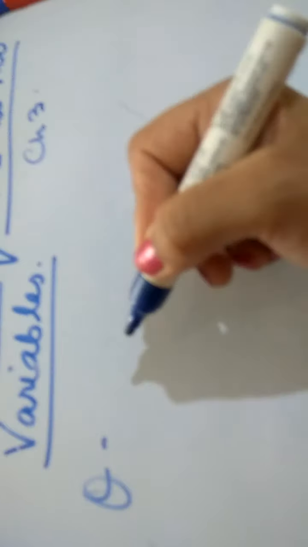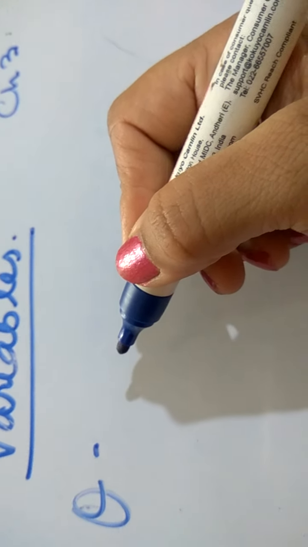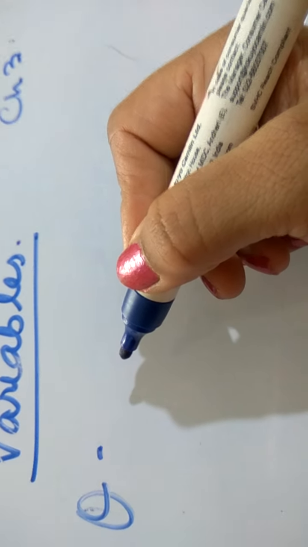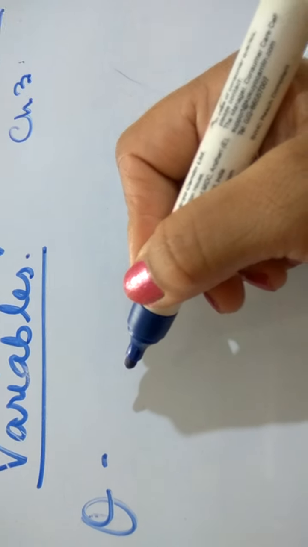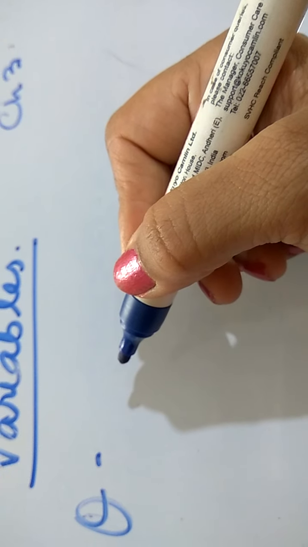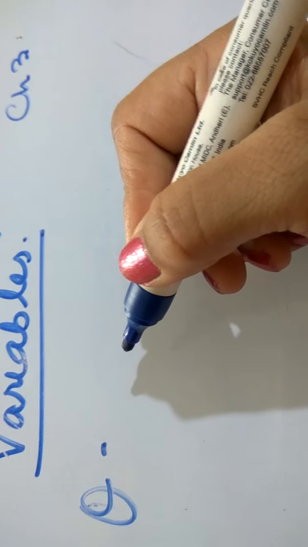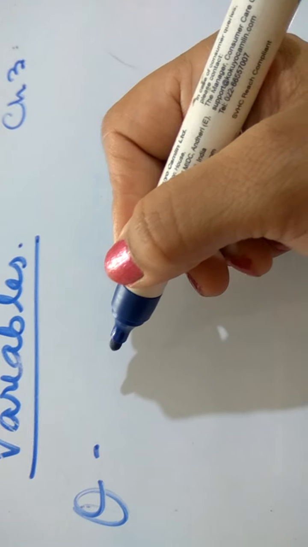So I am taking up one question. In this question, a total of 10 students are taking part in a mathematics quiz, and the number of girls is 4 more than the number of boys. We have to represent this situation algebraically, and then we have to solve it graphically. So let's see how we are going to do it.